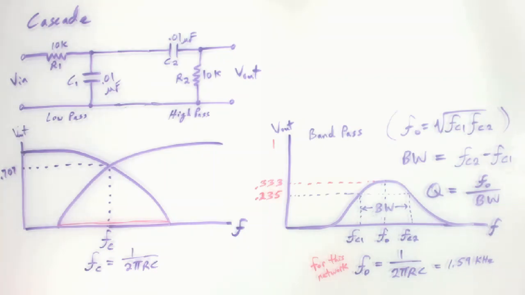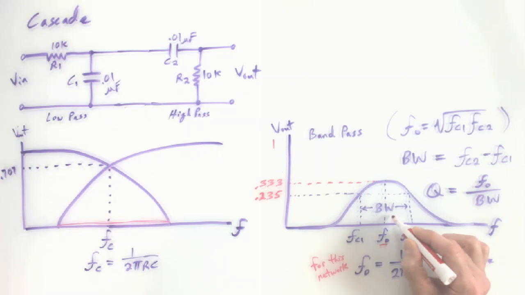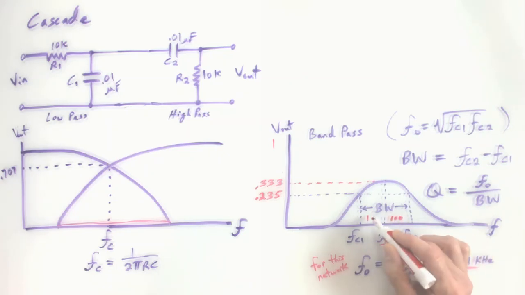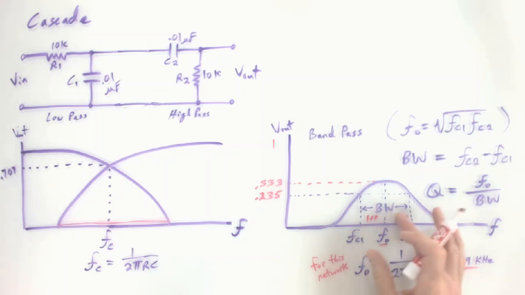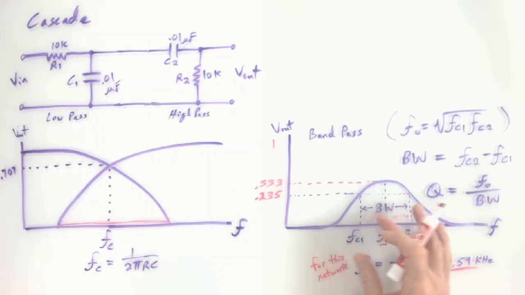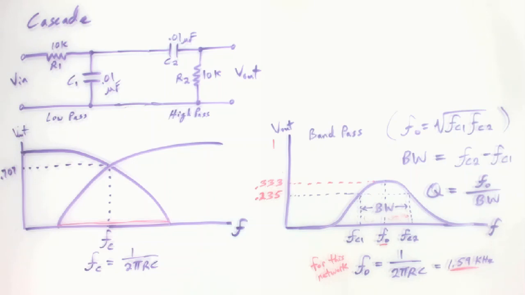For example, we're sitting for a center frequency here at 1.59 kilohertz. Let's just throw some numbers in here. If we had a bandwidth of 200 hertz, for example, it wouldn't be 100 in each direction, so I'm trying to do this quickly, but let's say we have a bandwidth of 200 hertz, and